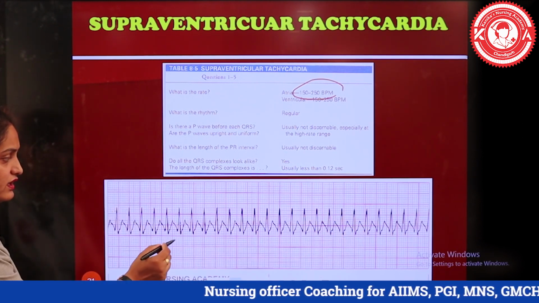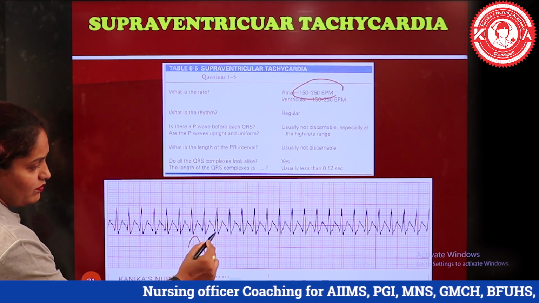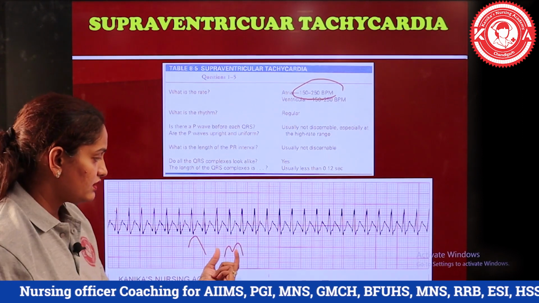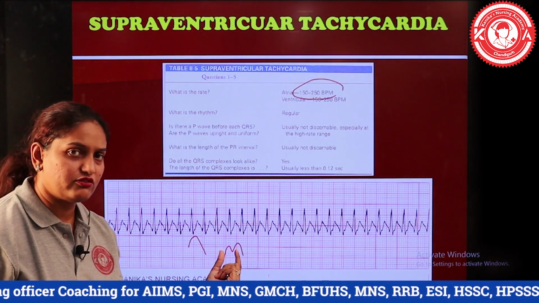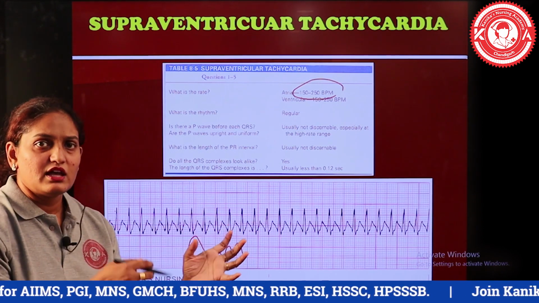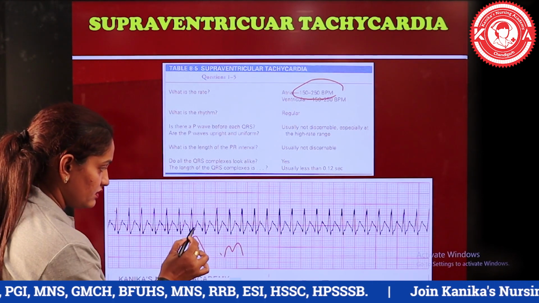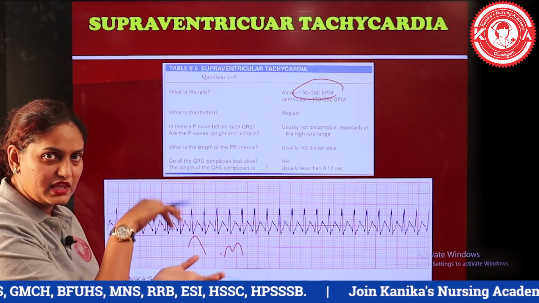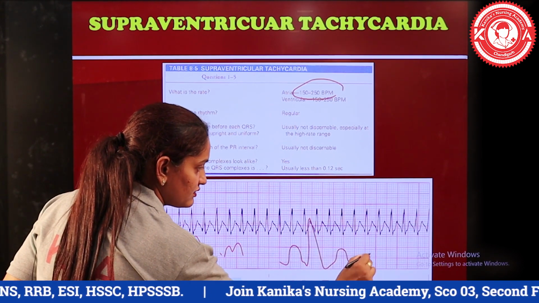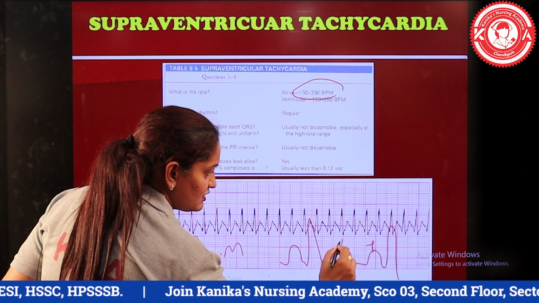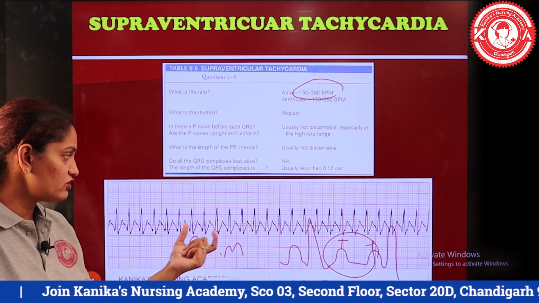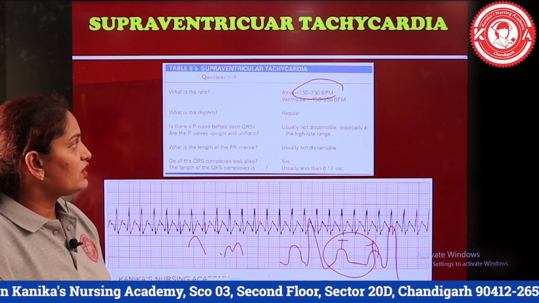And the unique pattern here is that in the tachycardia there was an M shape pattern, because there was a very small distance between P and T, but here we can see that the T and P are merged among themselves. There are no separate P wave or T wave, because if we see the normal pattern, it has to be like this. This is P, this is T, but in this example, P and T are merged. So this is an example of supraventricular tachycardia.